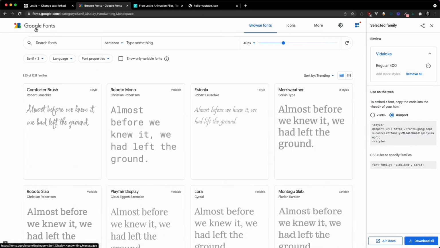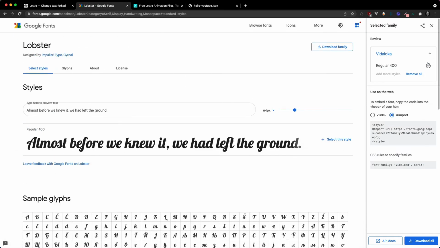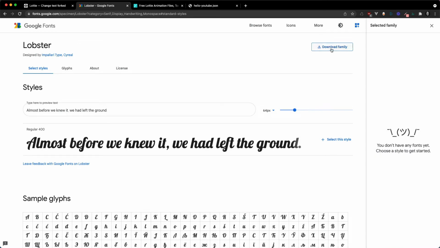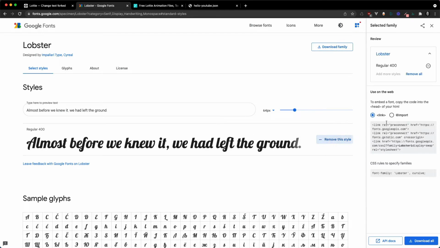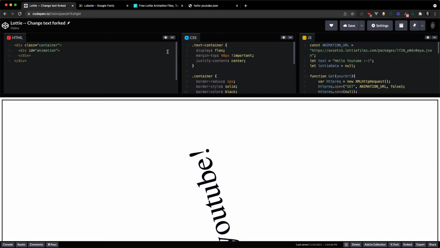So okay, let's just go into Google Fonts. I'll pick a random one. There we go, Lobster. That's great. So let's get the Lobster font. Select this font, and we're going to want to use import. And you're going to copy the import URL, paste that at the top of your CSS file,